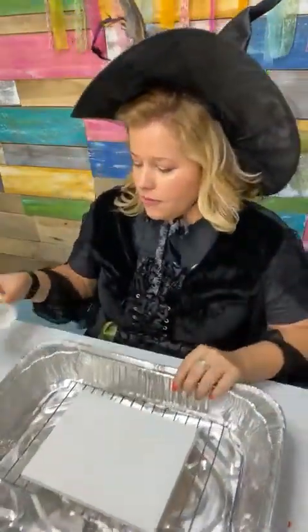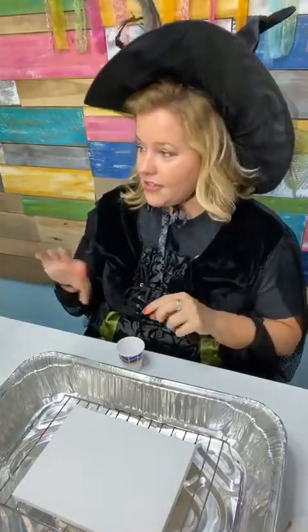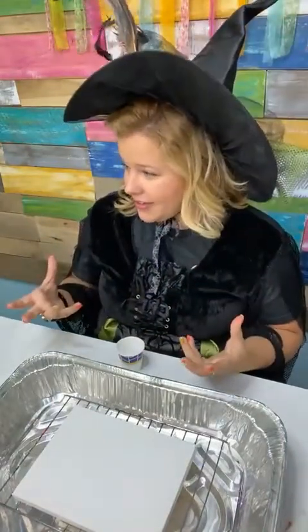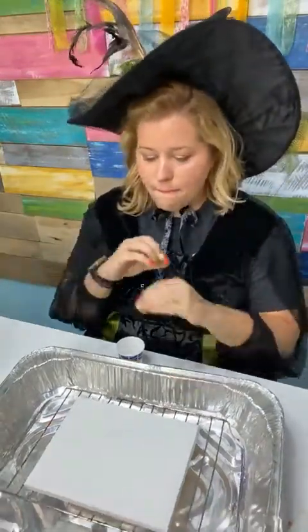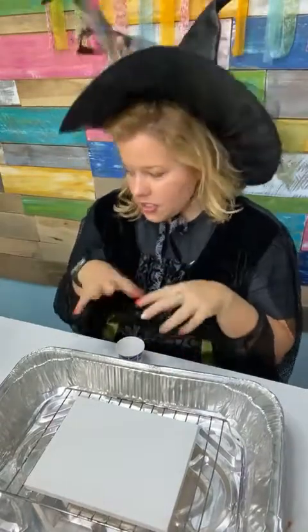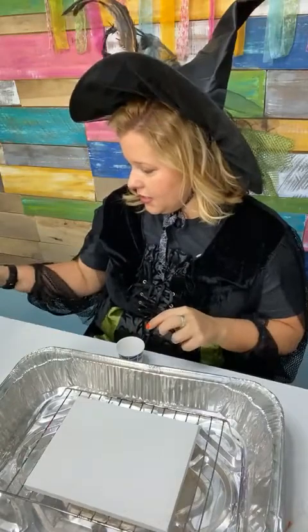And so, from what I understand, the color that you pour in the cup first is the color that's going to come out last. Is that right, Aaliyah? Yes. I always get it backwards. So if I want to have more of a certain color appear on top, I need to put that in first. So I'm thinking,